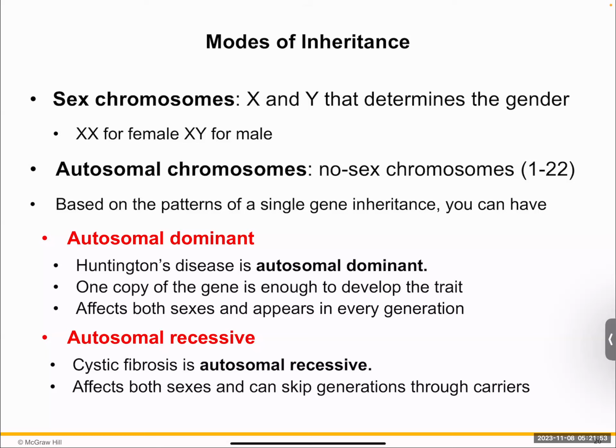Autosomal recessive implies that you need two copies of the recessive allele to be present for you to develop that medical condition. And in that case, autosomal recessive, cystic fibrosis comes to mind,